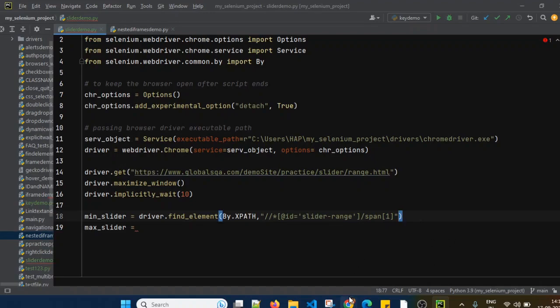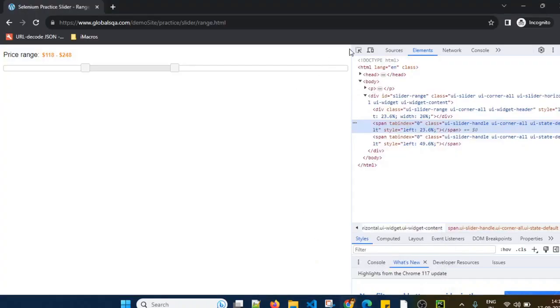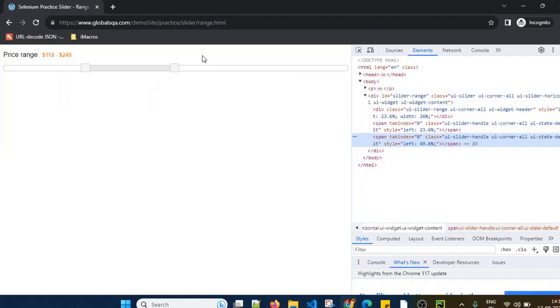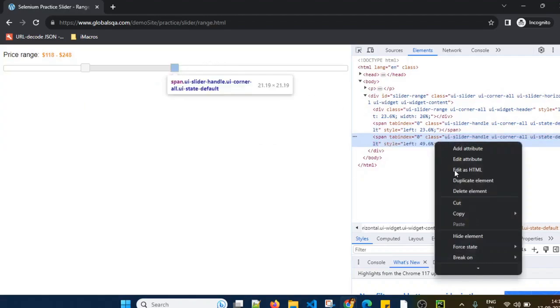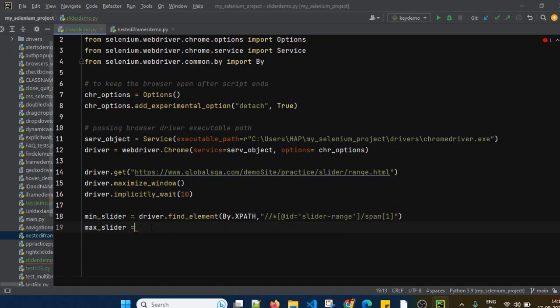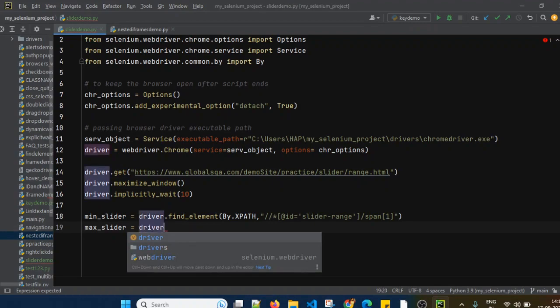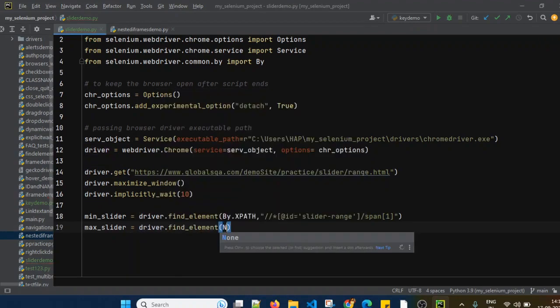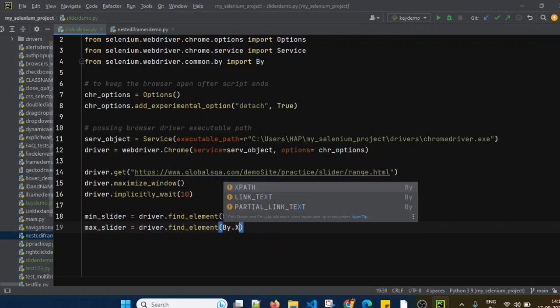And let's now find out the XPath for the maximum slider element. So I am just highlighting it, right click, copy XPath, driver.findElement by dot XPath.